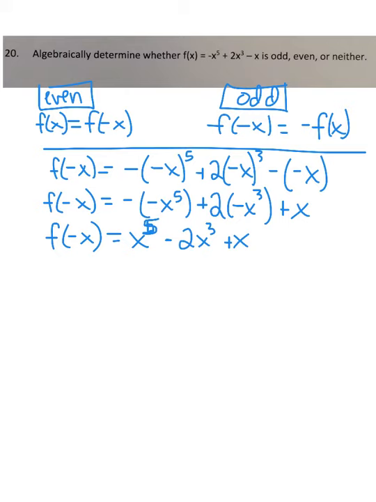Okay, now let's just check the even rule for a minute here. And I'm going to rewrite the original function underneath here. The original function is negative x to the 5th plus 2x cubed minus x. So in order for this to be even, these two would have to be equivalent to one another, right? Which they're not. So this is definitely not even